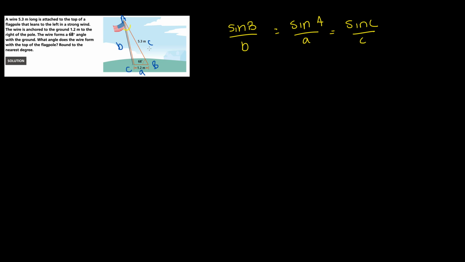Well, here's my problem. I know the little c is going to be 5.3, and I know a, which is 1.2. And I know this B is 68. But what I don't know is this little b, nor do I know the angle C, which would give us two variables that we need to solve for. And since there's no easy way to solve that, I'm going to go straight into the law of cosines,